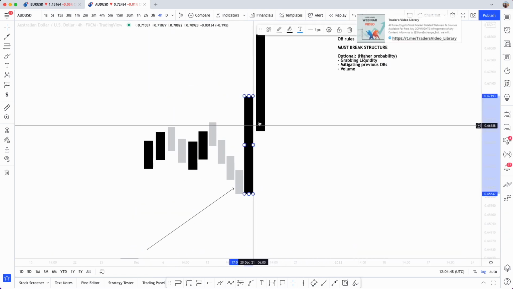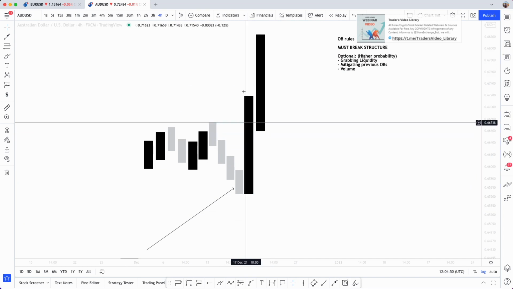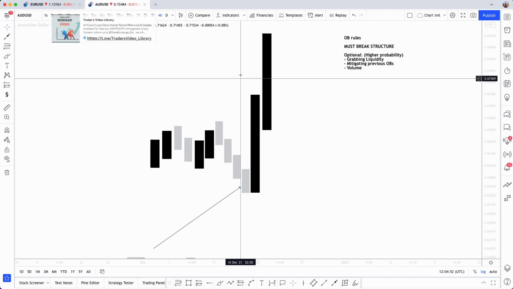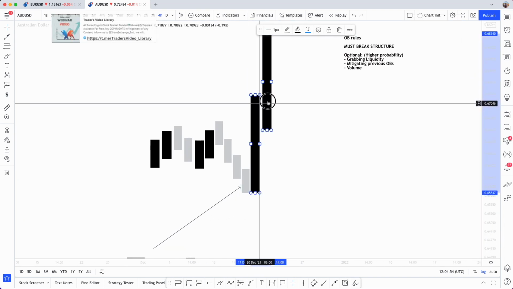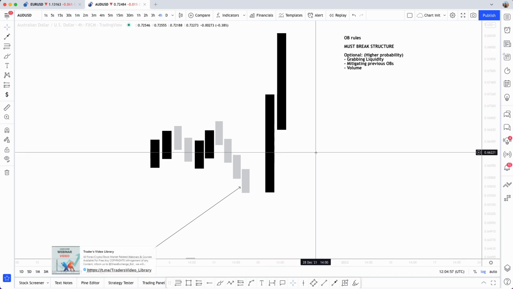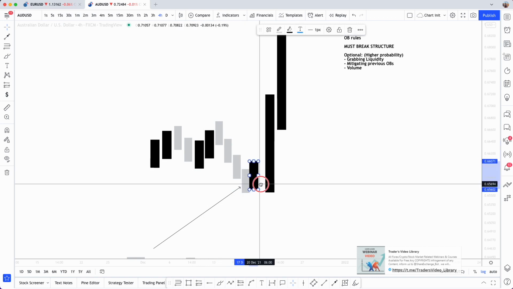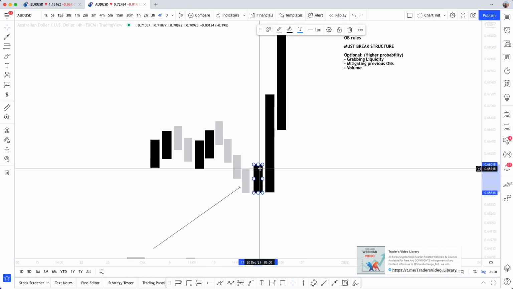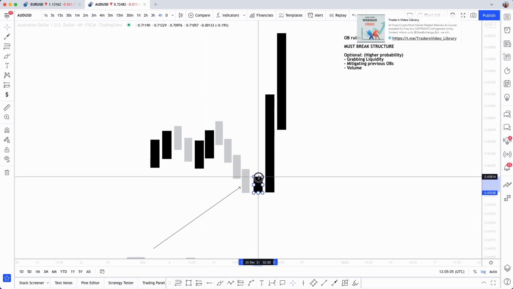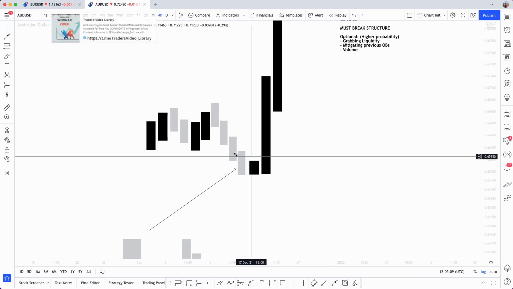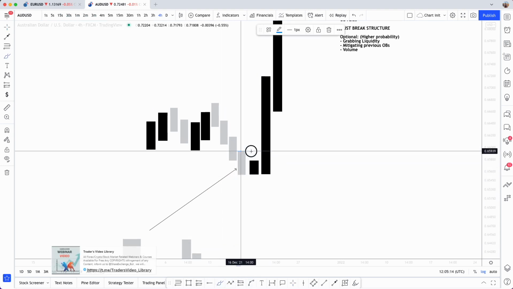So let me move these two here, and say for example you have one of these candles here. Now when you have your OB, and you want to refine it, the OB itself is this candle